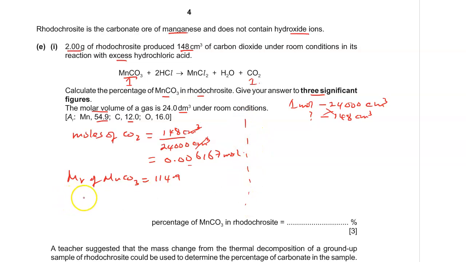So the mass of manganese carbonate produced: mass is equal to moles times MR. So 0.006167 times 114.9, and this will give us a mass of